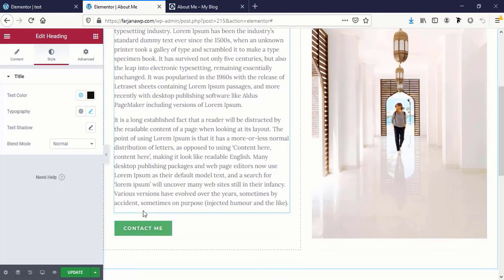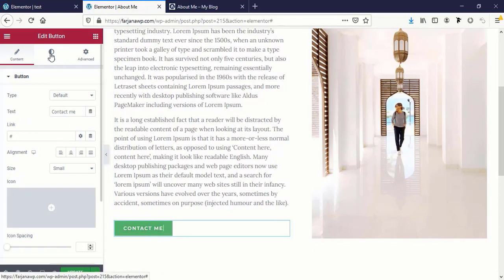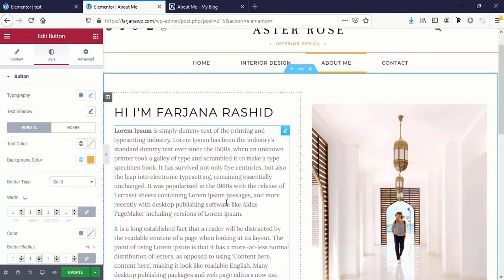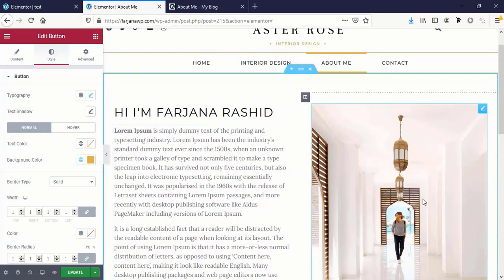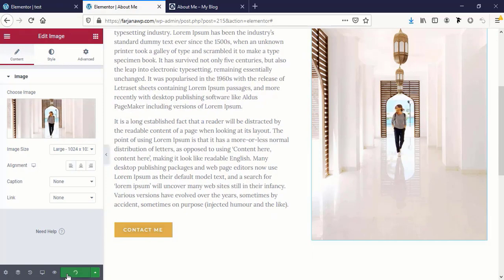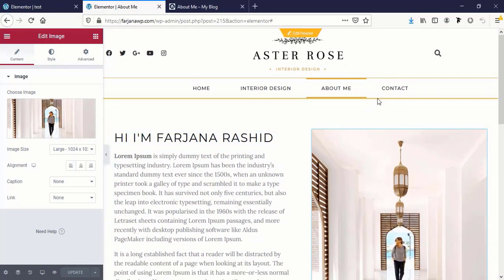And for the button, I'm going to the style tab, and for background color I'm making it brown. Okay, and all is okay now. You can also update your text and also add your own image here. So now I'm going to save it, and in a similar way I'm going to design or import the template